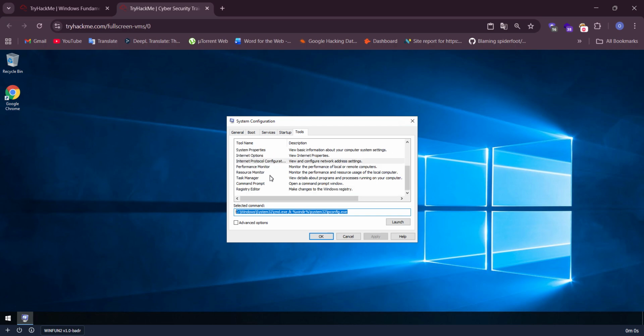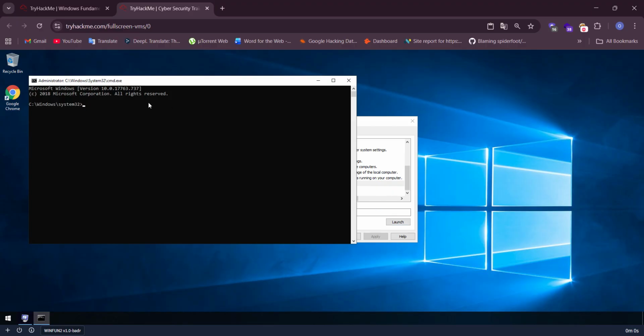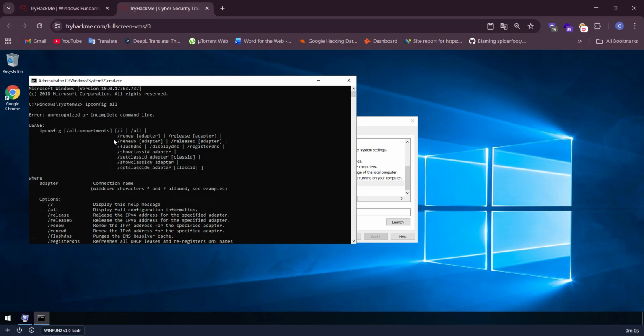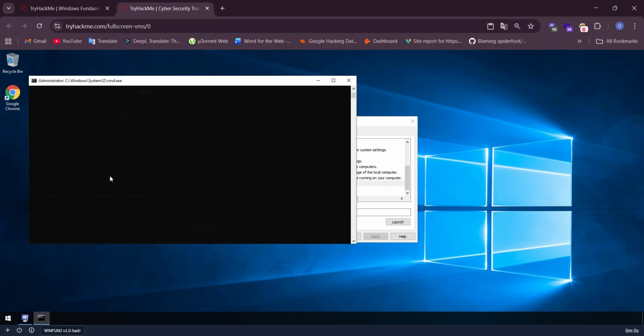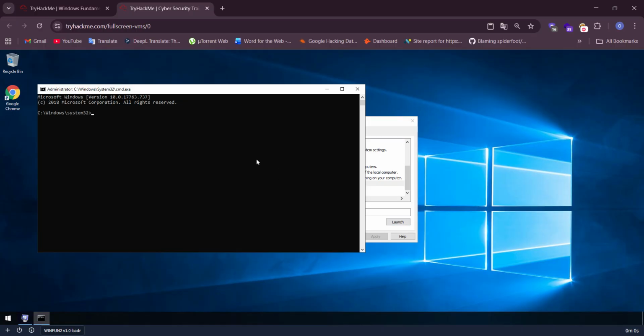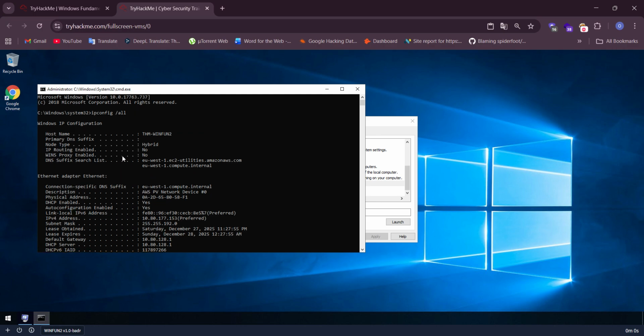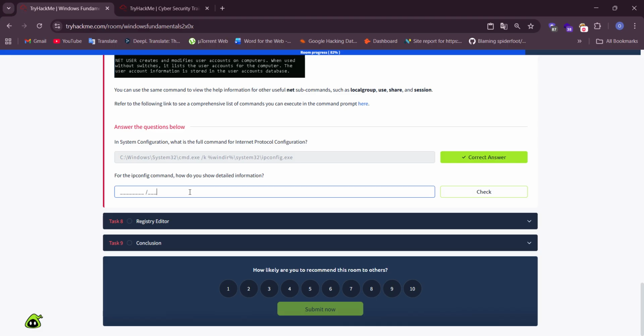Okay, open the Command Prompt, ipconfig /all, and we get the detailed information about our networks, our ipconfig configuration.